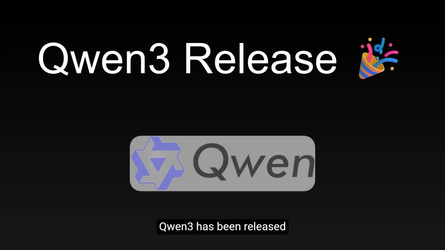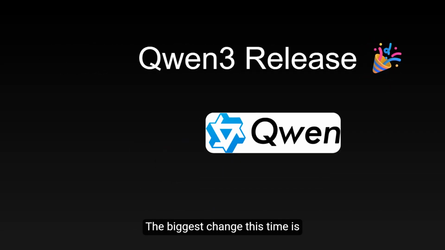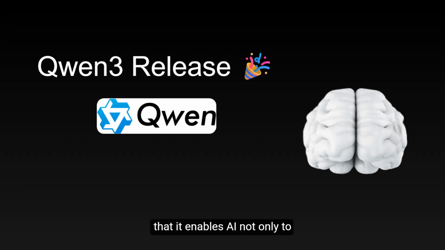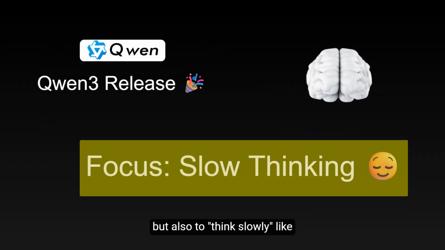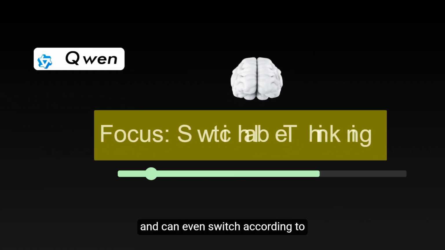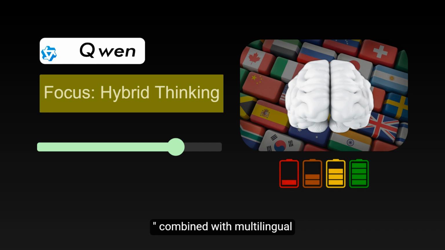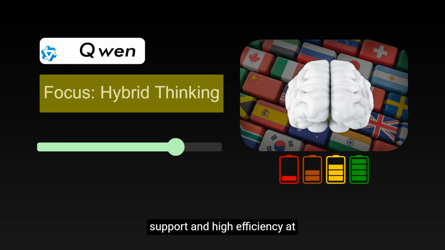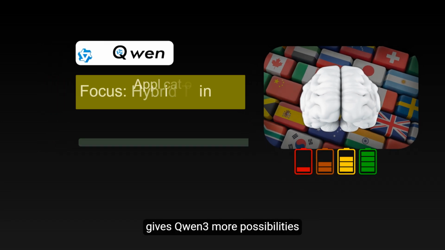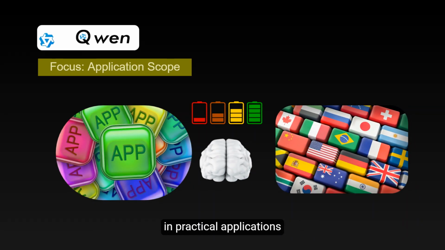Hello everyone, Qwen3 has been released. The biggest change this time is that it enables AI not only to answer questions quickly, but also to think slowly like a human, and can even switch according to your needs at any time. This hybrid thinking mode, combined with multilingual support and high efficiency at low cost, gives Qwen3 more possibilities in practical